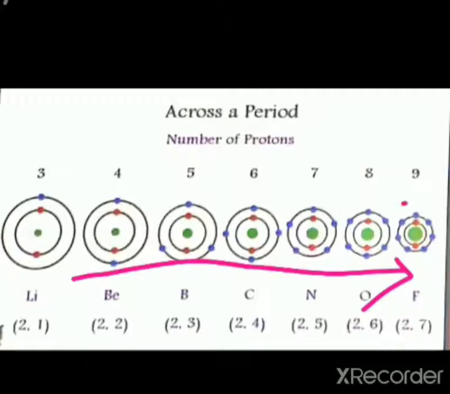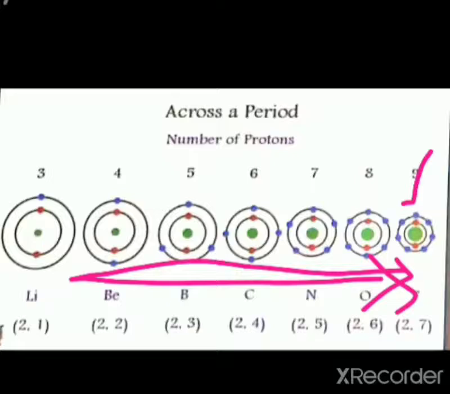Here the electrons are surrounded by the nucleus, and the electrons are more attracted towards the nucleus. So there will be more attraction between the nucleus and the electrons. The electrons cannot be removed easily, so we have to put more force. That's why here metallic character decreases. Like this, if the atomic size decreases, your metallic character also decreases.